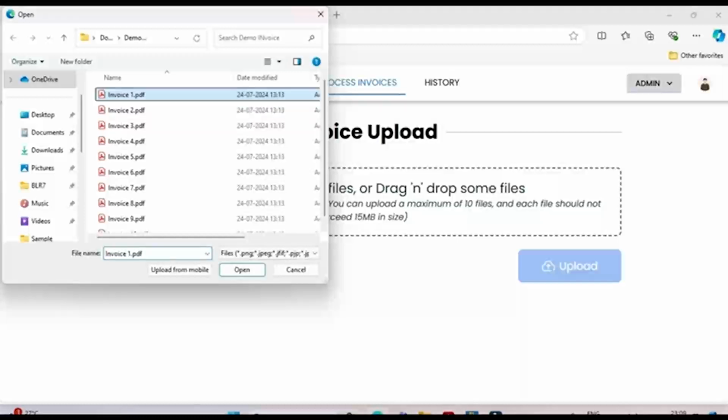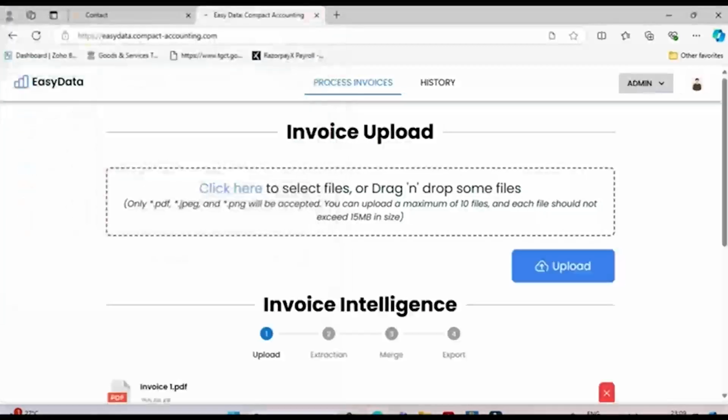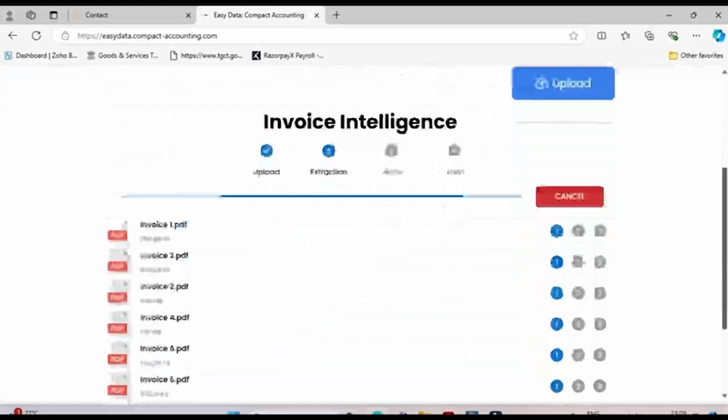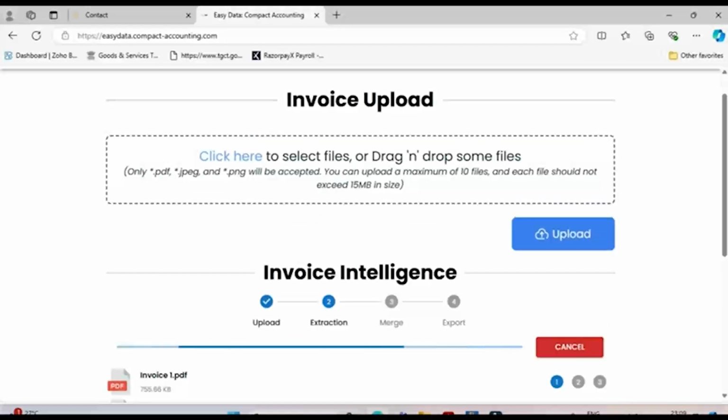Let us start processing this batch of 10 invoices. It takes about 1 or 1.5 minutes for each batch to get processed. In the meanwhile, we can see what type of invoice content we are going to receive in our Excel output.